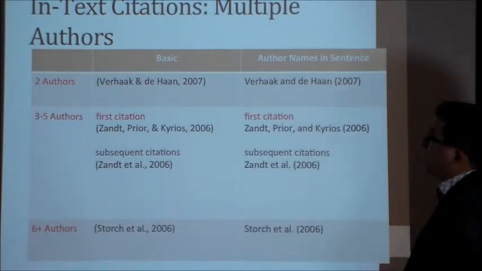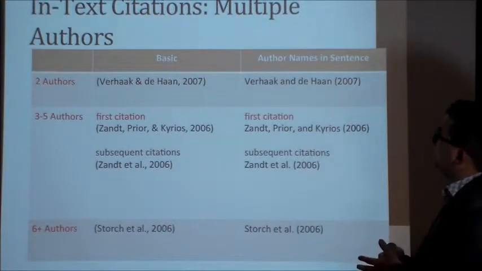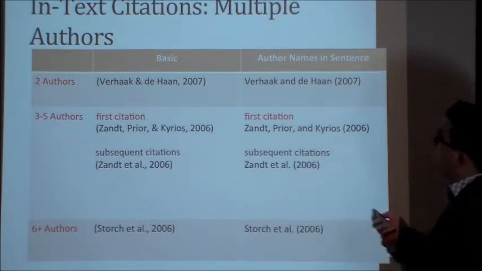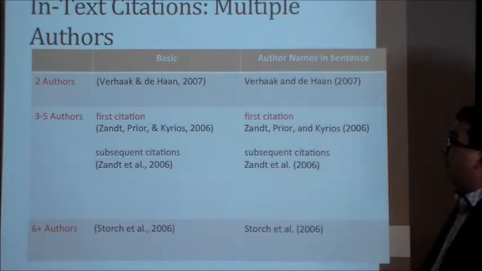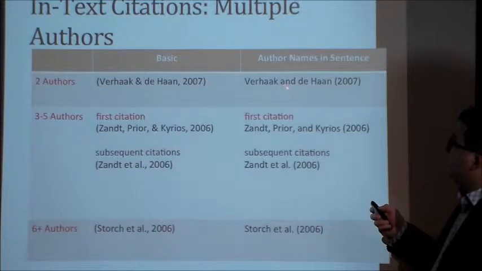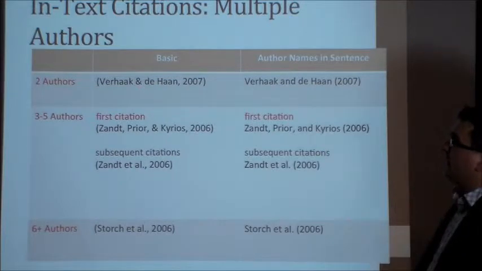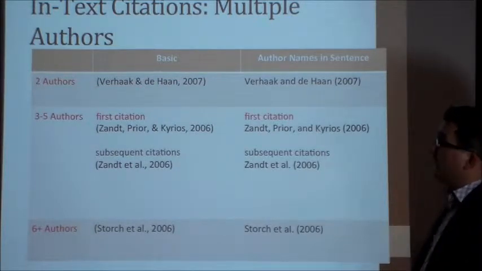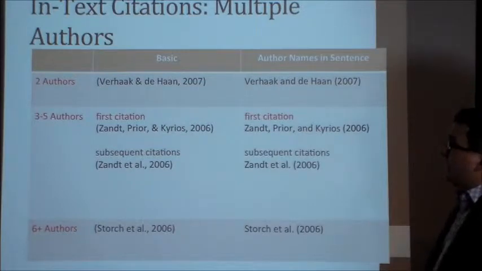Now, if you're going to go the crazy route, put it in the sentence, mix it up a little bit, get a little oomph within your writing, we've got for Hock and Dehaan 2007. Now you notice, big difference here. And is written out. And must be written out within the sentence. The basic one, just going to plop it at the end. It's got the and symbol. Something to keep in mind there, because you will lose points for that, and that is something to keep track of.